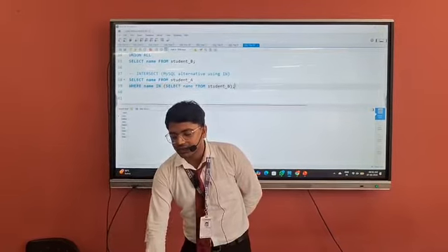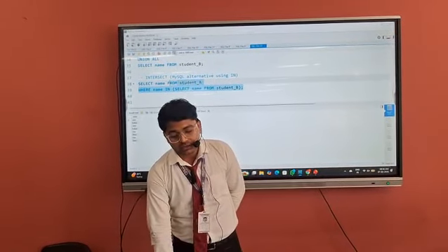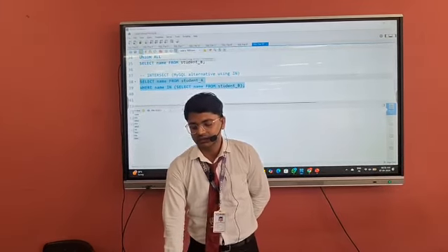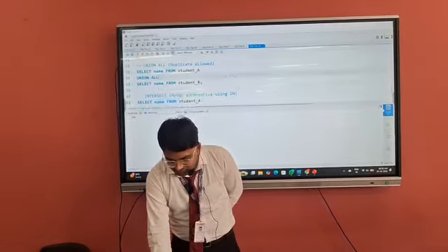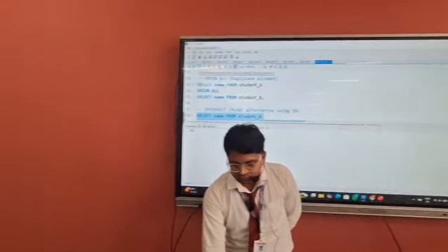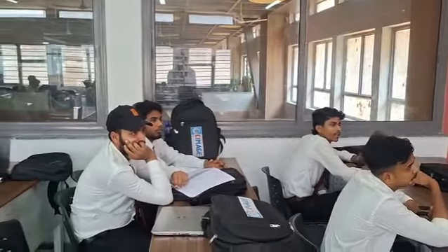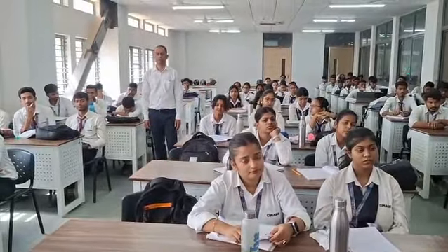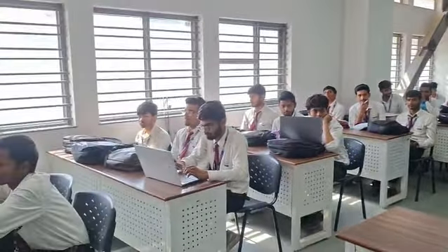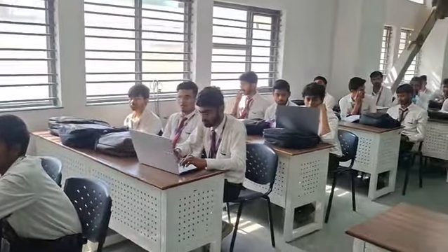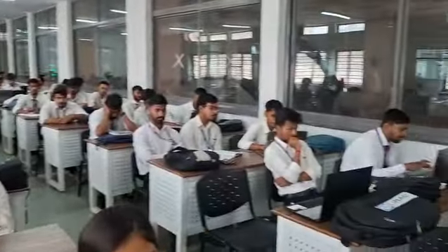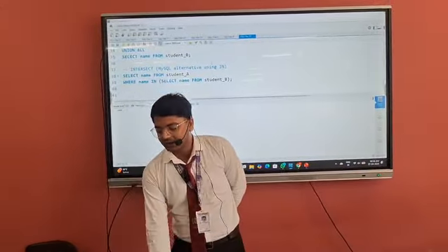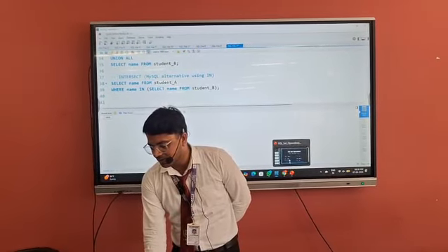Next one is INTERSECT. Basically INTERSECT is not supported in MySQL, but the alternative is to use IN or INNER JOIN. So I have used INNER JOIN. It displays only John, because table 1 and table 2 include only John in common, meaning it displays the common element. And now I would conclude this presentation.